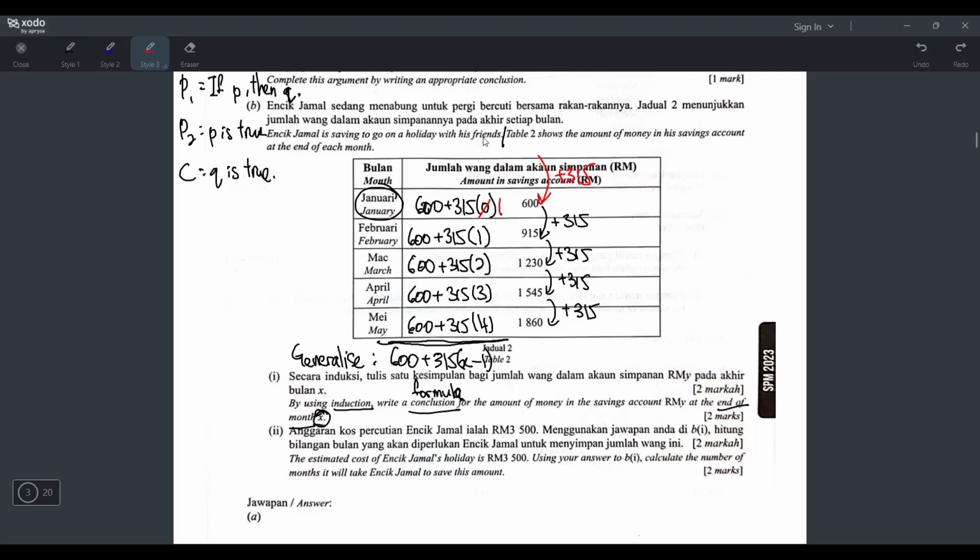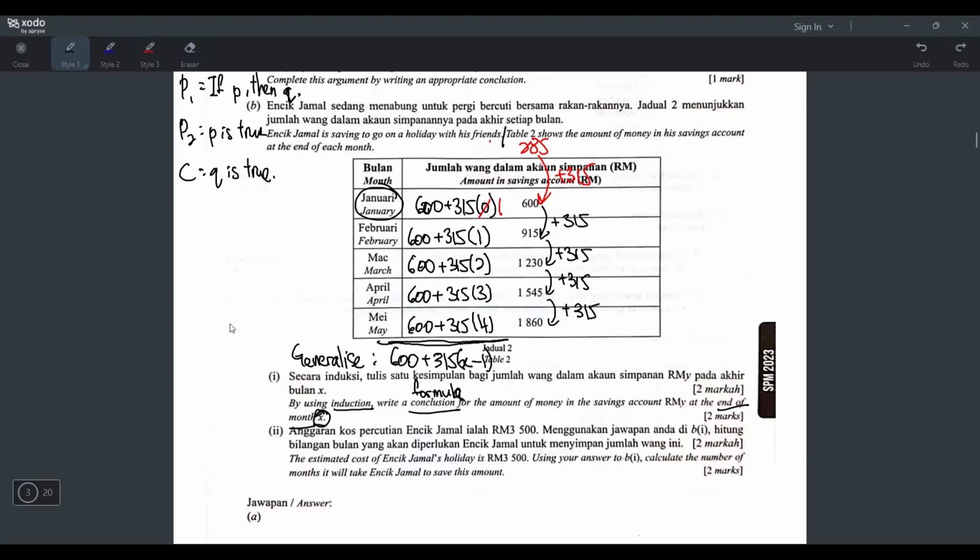Okay, 285. So 285 is when the month is 0. So this one is when 600 plus 315 times 0. Okay, and if you wait, 600 plus, oh, okay, sorry. So it means your answer here will be